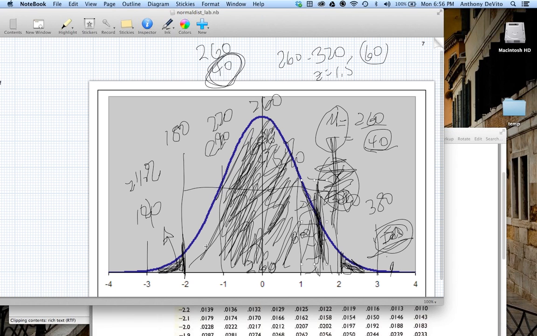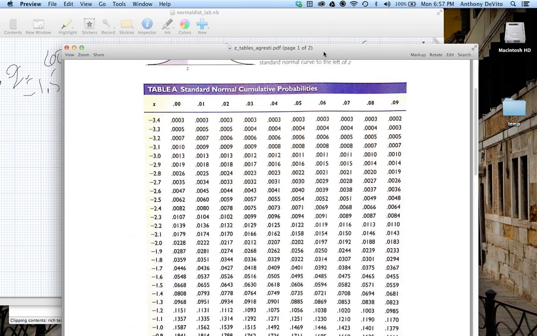If I had asked you for the z-score of 200, that's 60 below the mean. How many standard deviations below the mean is that? -1.5. That's what z-scores are, basically, just the number of standard deviations. Again, we had no way to analyze what that area was, what that probability is. But we now have a table that will allow us to do that.